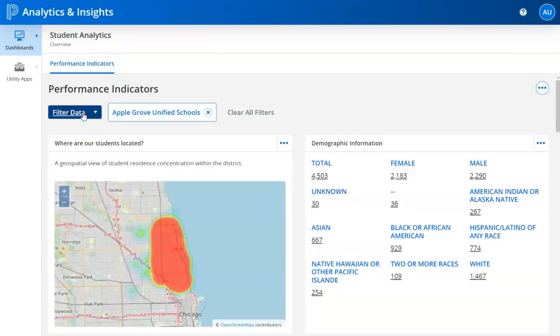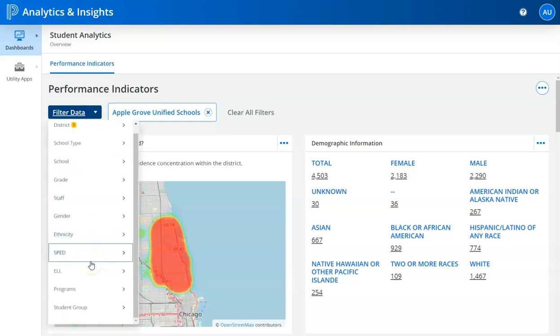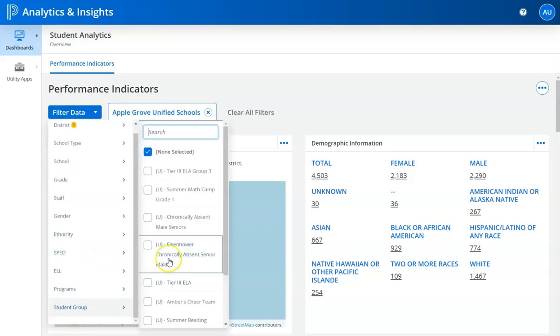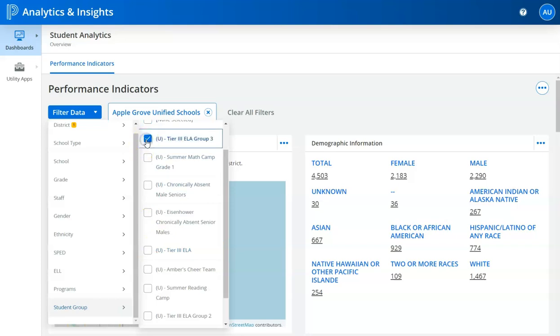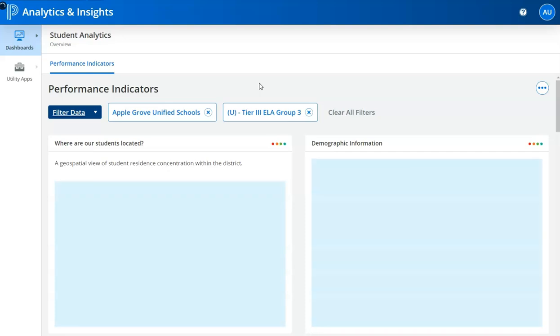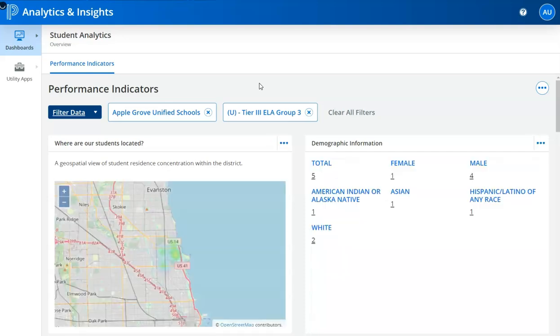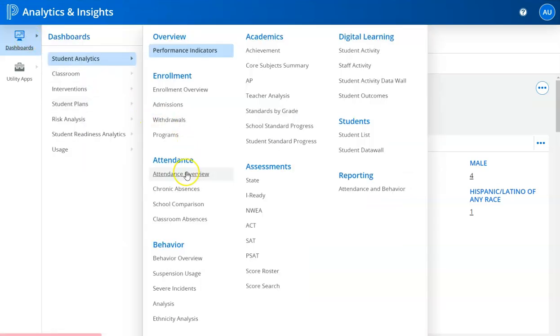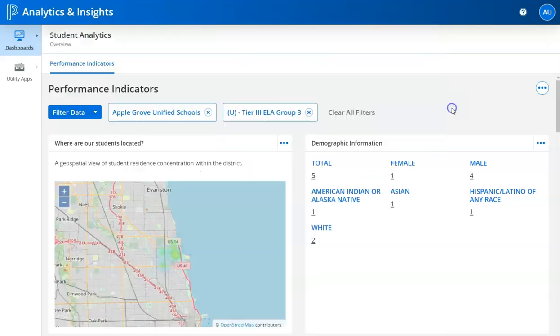In my filter data, now that I have a group created, I can come down here to student group, and I can apply that group as a filter. So I'm going to click on that and then click off of it. And now I'm looking at my data only through the lens of the students within that group. So I could check their attendance, I could check their behavior, I could check their academics and their assessment scores